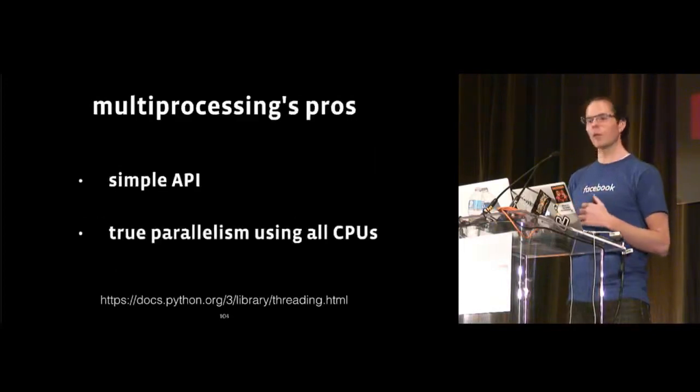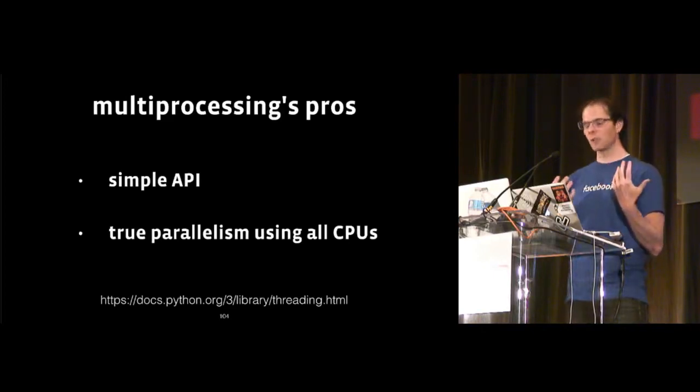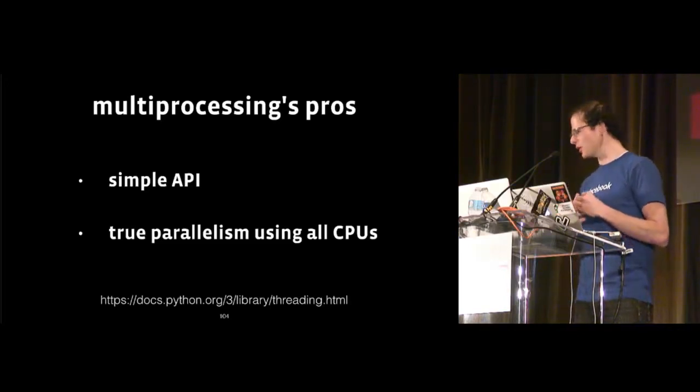So it makes basically a way to appear as things are running in parallel, which is what we showed in the initial demo. Now, comparing to something a little heavier, multiprocessing. In Python, it has a simple API as well, and this is just the multiprocessing module. It actually is modeled just after the threading module. It does let you use true parallelism by splitting across all the available CPUs,